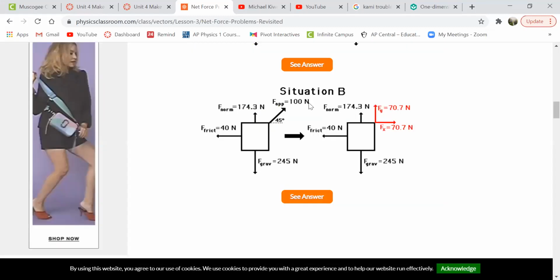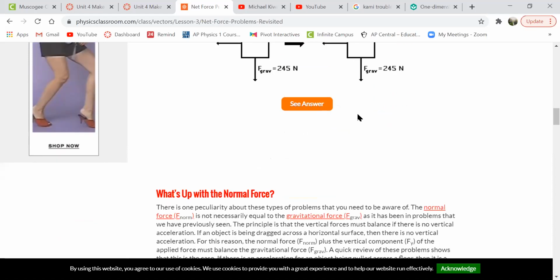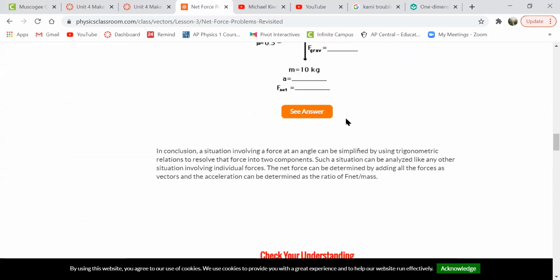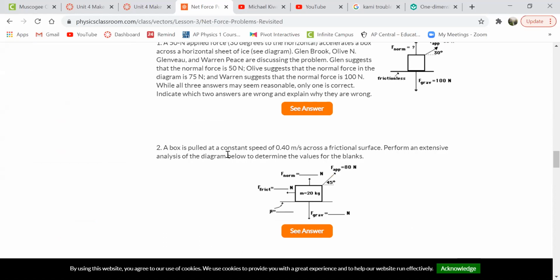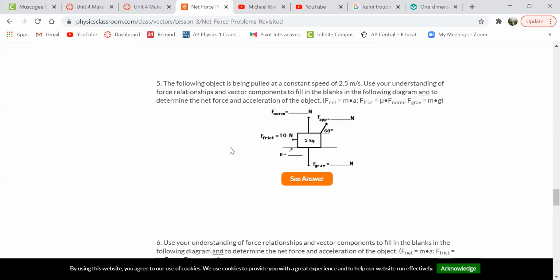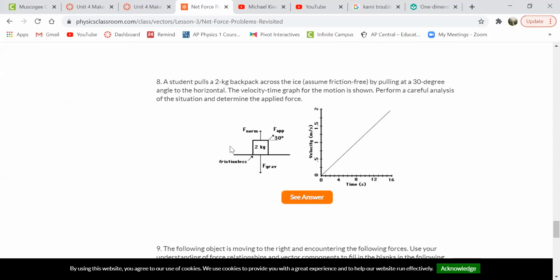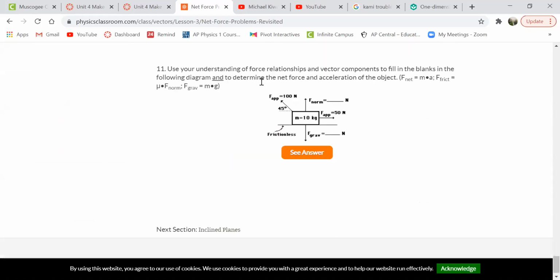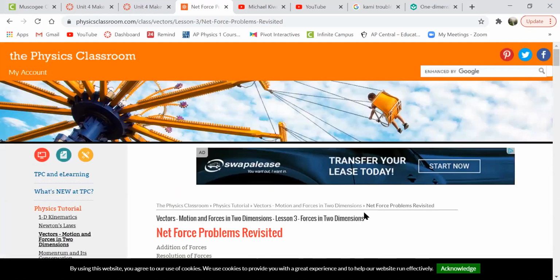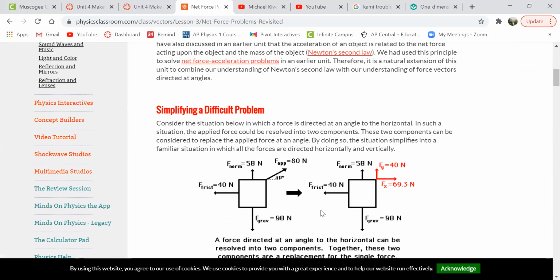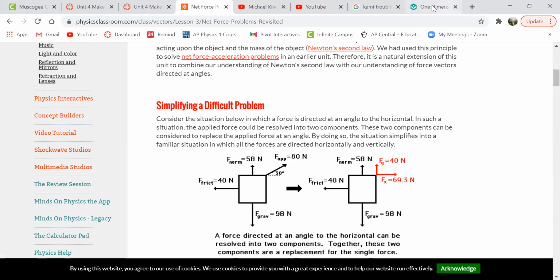So if you want to practice this, if you're not sure whether you get it or you want to make sure that you get it, well, it's got 11 more problems just in this realm. So if these problems don't really work for you, if you need to be guided through them a little bit more, again,